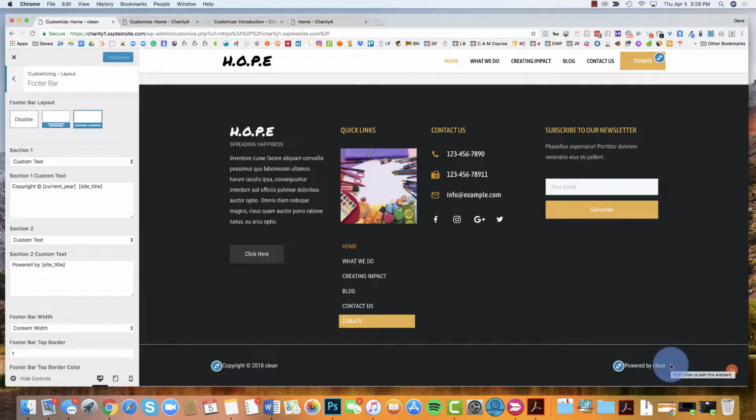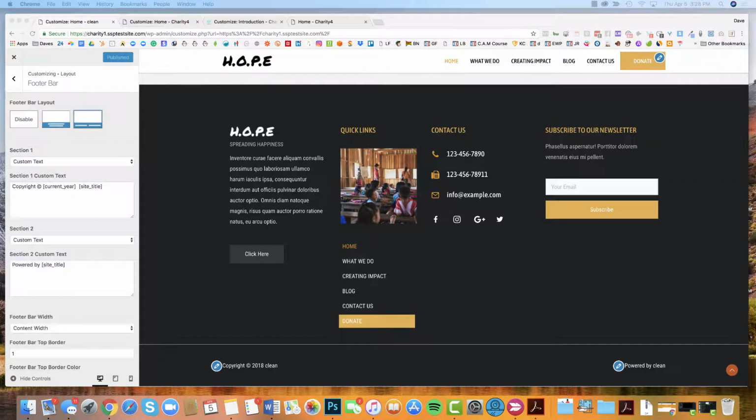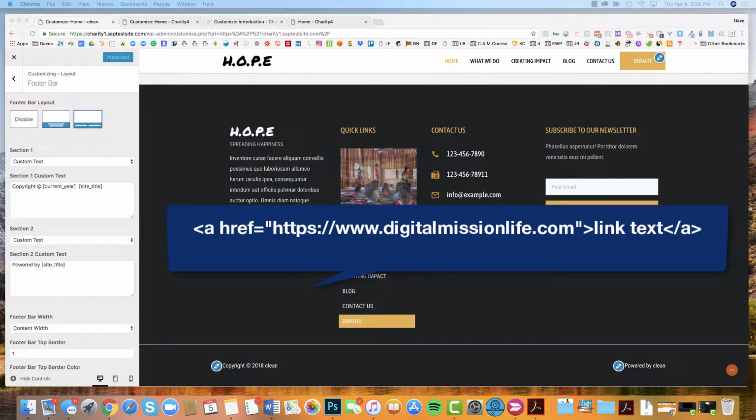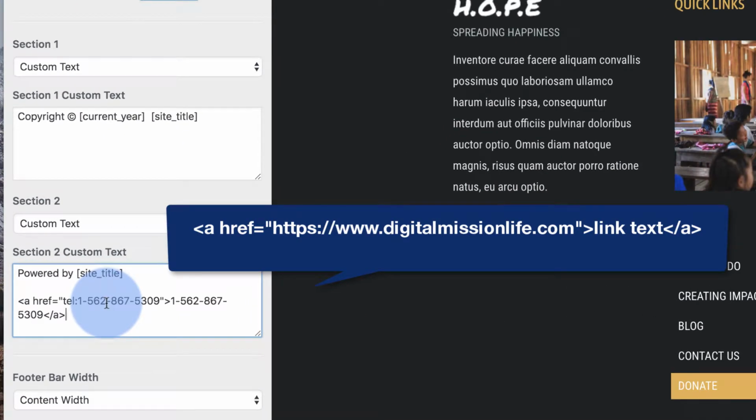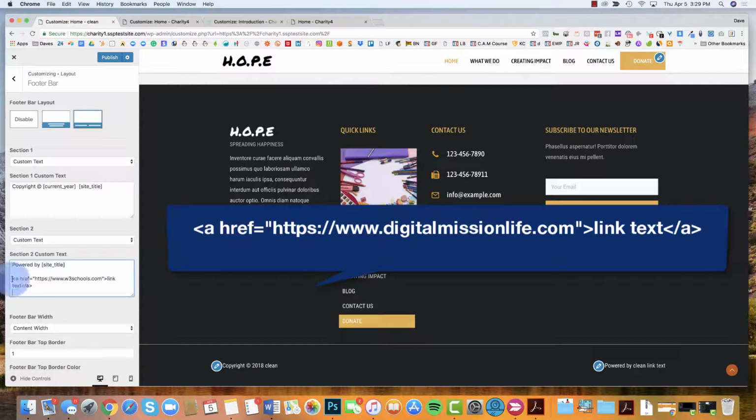If you did want to put a link that linked to a different website, I'm going to put the code underneath this video, and I'll put it up on the screen as well. So it'll be this code here. If you wanted to copy and paste that into section 2, I'll just do that to show you an example. Oops, that's the wrong one. So you can copy and paste that code in, and where it says link text,